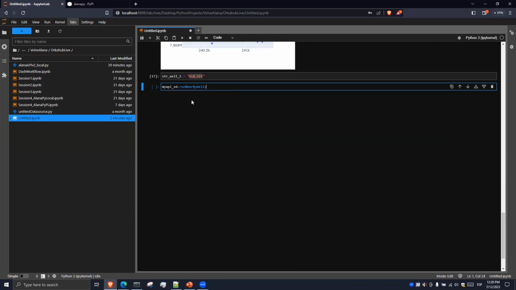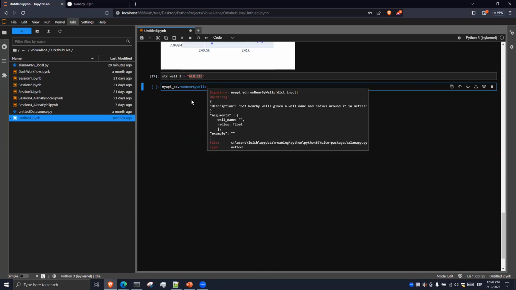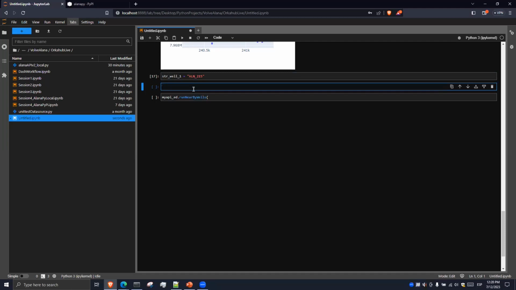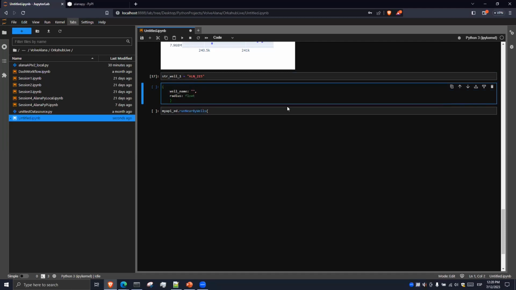If I see the docstring, we have the description that says get nearby wells given a well name and a radius around it in meters. The argument it receives is a dictionary with the key well name and the key radius. Let's copy the dictionary and create another block here, and we are going to declare